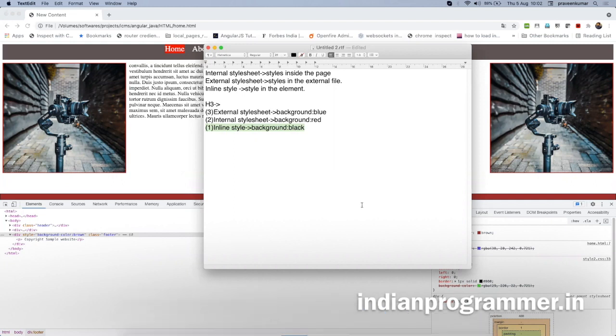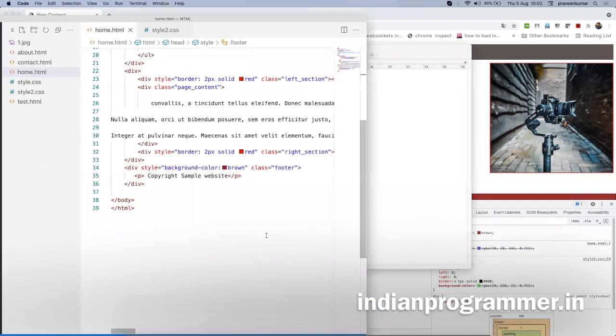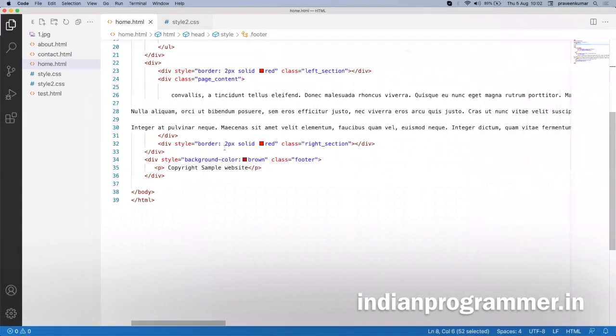If it is in an external style sheet or internal style sheet, it will be very easy for them to modify. But if it is an inline style, it is not an easy thing to modify because it is in a static way which we can't easily change. So there is a reason. And one more thing,